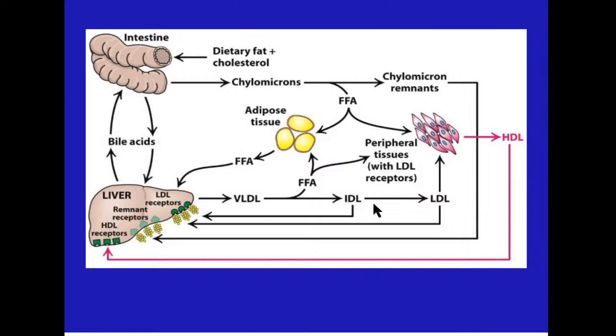intermediate density lipoproteins. Density, as you remember, depends on the quantity of proteins in ratio to the quantity of lipids. So more and more lipids, it will be lower density. Less and less lipids, more and more proteins, apoproteins, it will be higher density. And of course, low density lipoproteins contain a significantly higher quantity of cholesterol, which is not protected from the interaction with the vessel wall, and due to this they are more atherogenic.